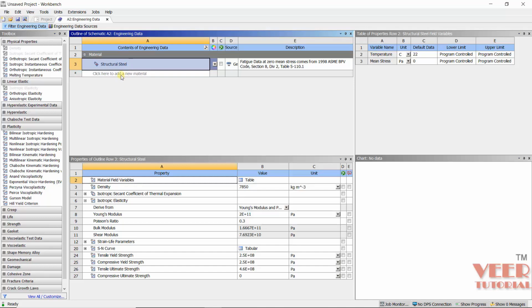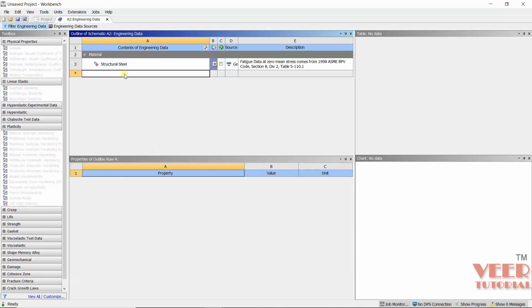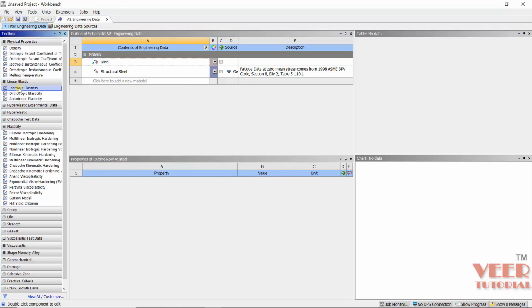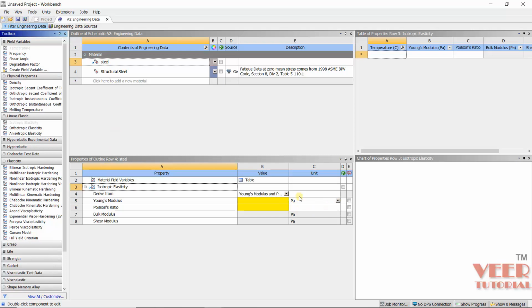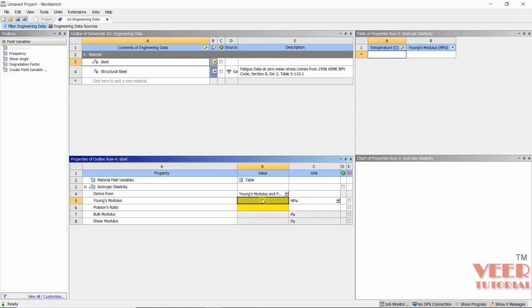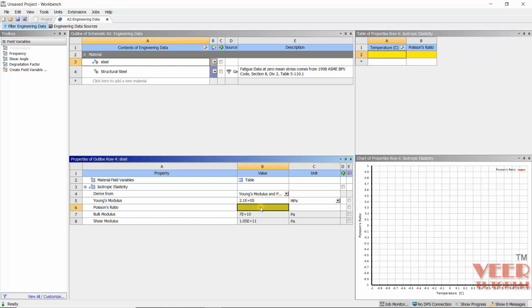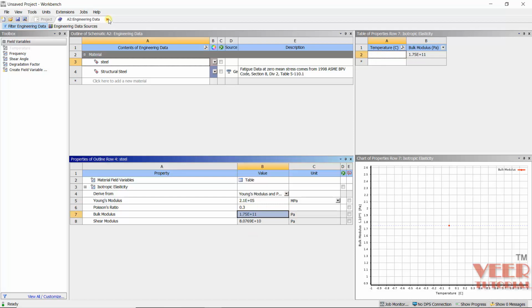So first of all we need to create a new material. So let's create a material quickly, steel. Go to this isotropic and then pick and drop this. So this is megapascal. So this value is 2140 and this is 0.3. 0.3, press enter. Click close